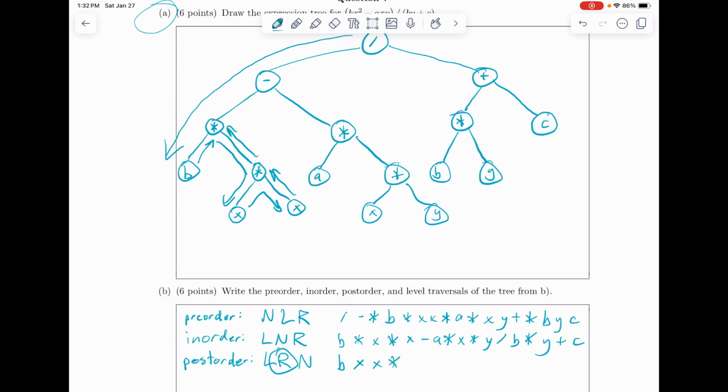We do the same thing, go back to the center, multiplication, go back up, and then all the way back down to the left. We'd have an A there. We go back up, then down to the left, that's an X. Up, down to the right, we have a Y. Up to the center, multiplication, up to the center, multiplication, up to the center, subtraction, going back up, then all